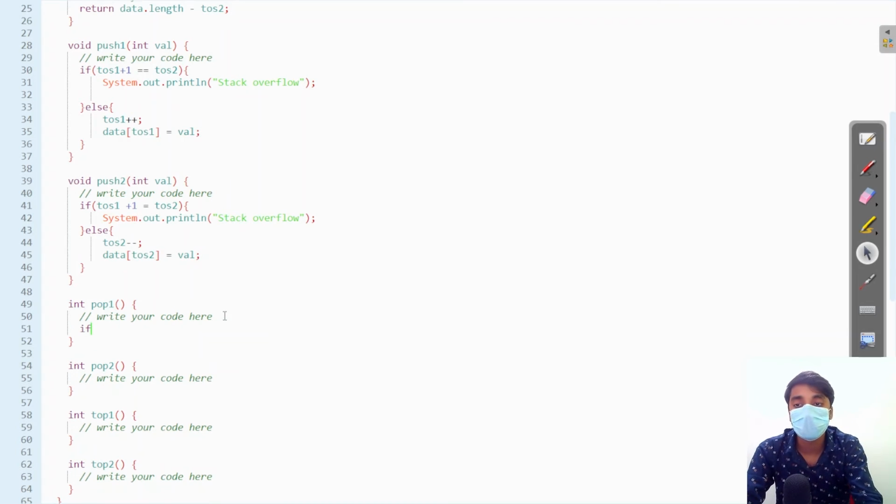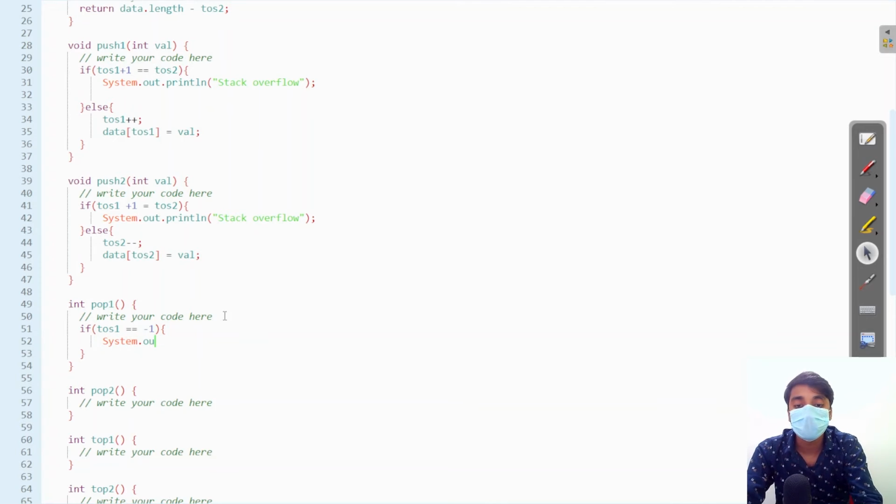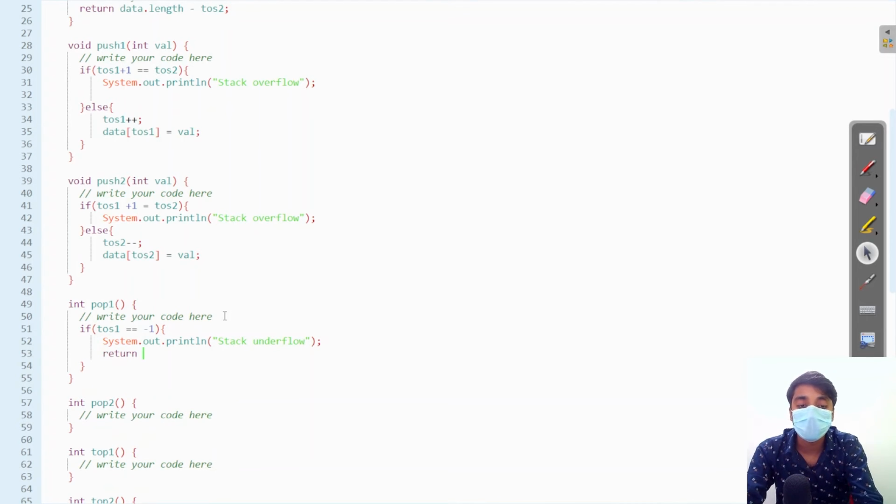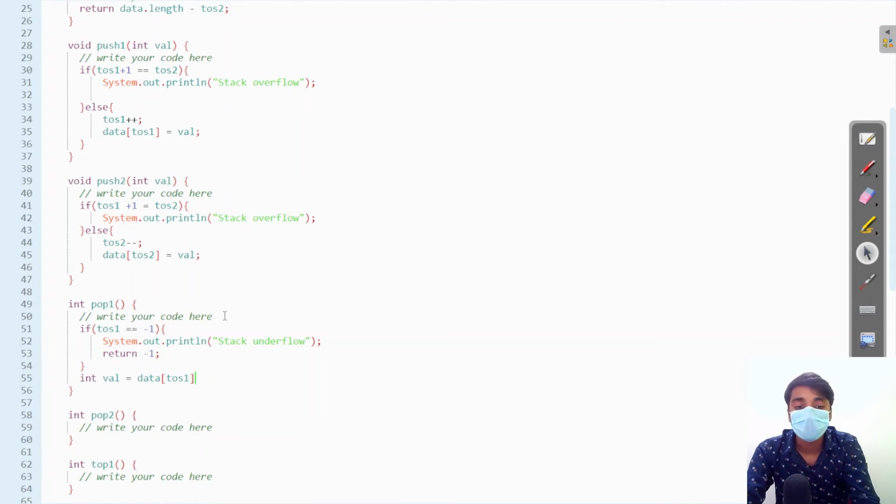Now we want to pop the element. If tos1 is equal to -1, this means there is no element in stack 1. So we will print stack underflow and return the -1 value. Else we will save the value at tos1 and then decrease tos1 by 1 and return the value.